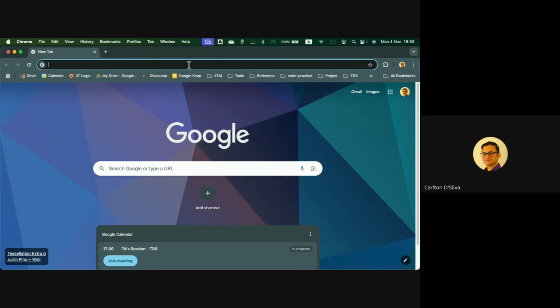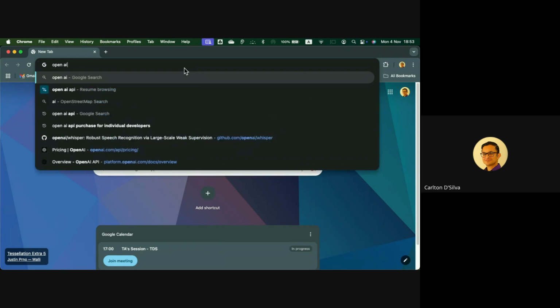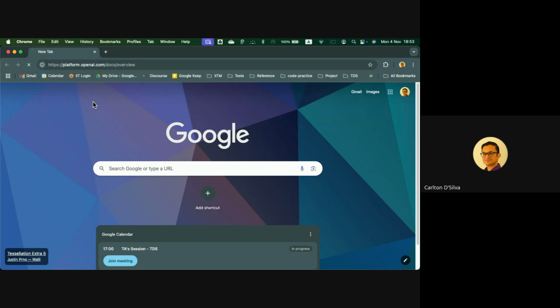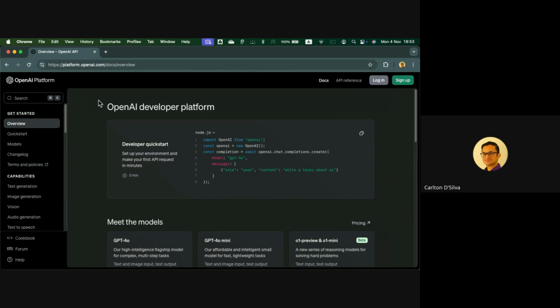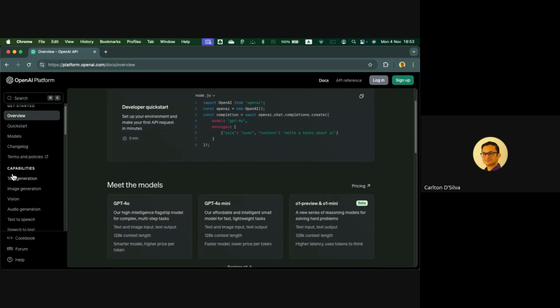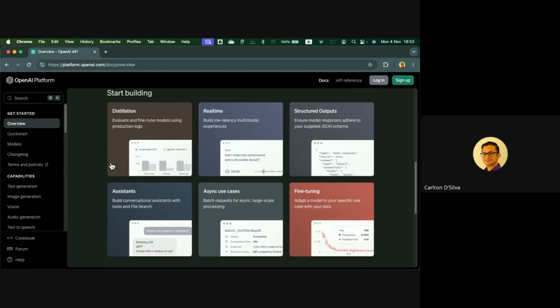I'll tell you where to find it. If you go to OpenAI API, this one, this is their documentation, and they will tell you exactly how to create the API calls to use them.